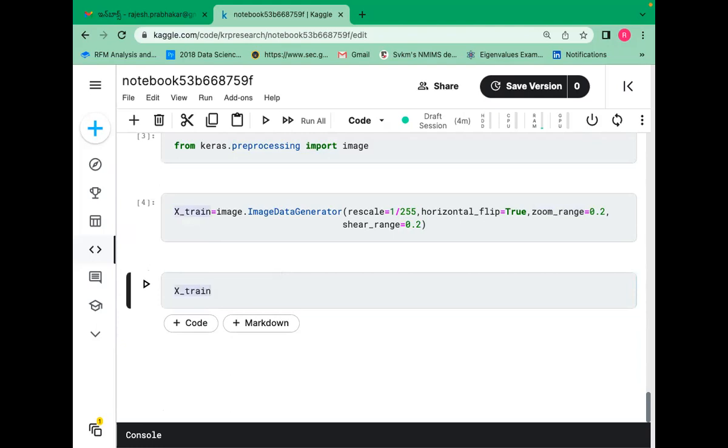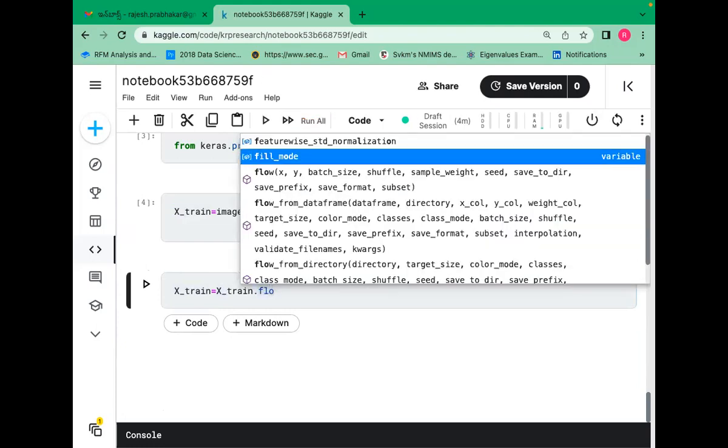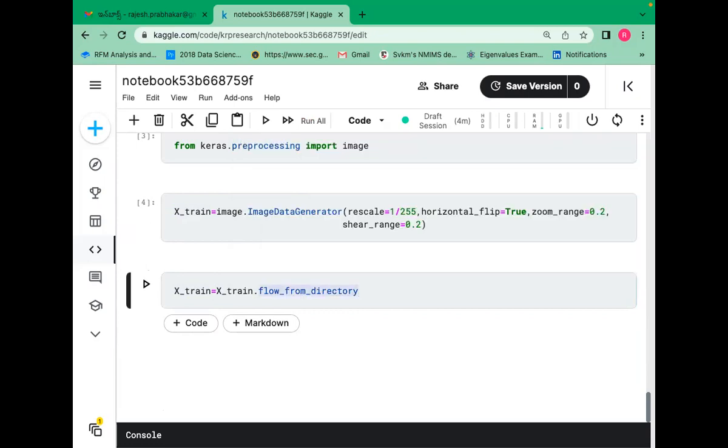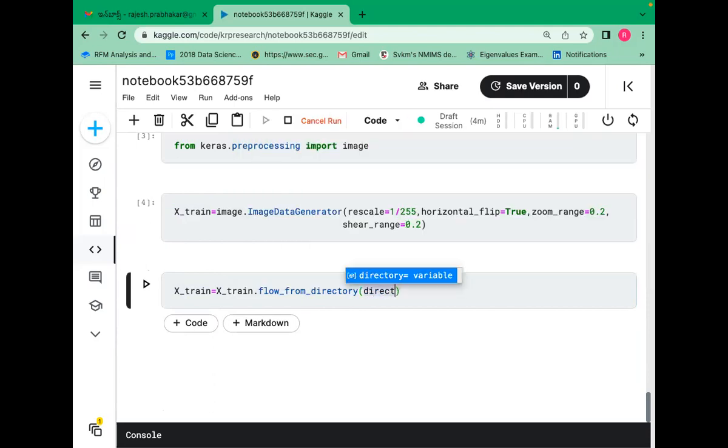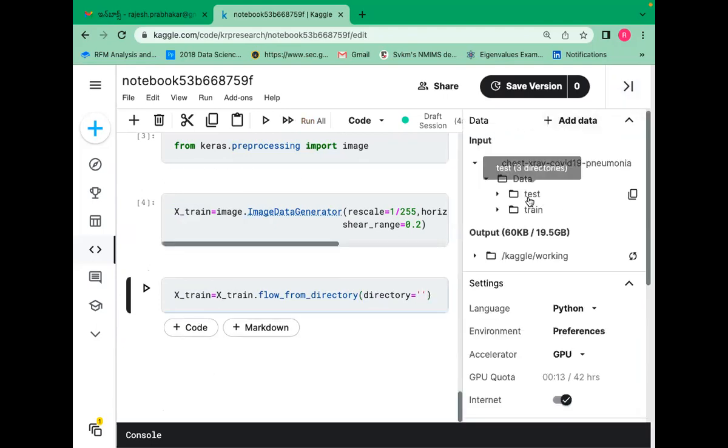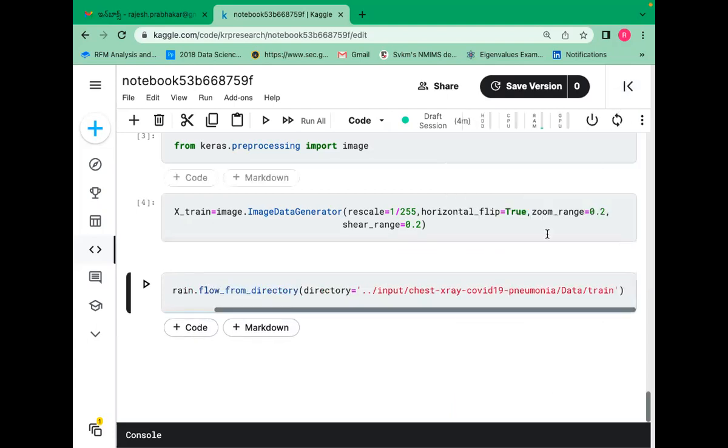X_train is equal to x_train.flow_from_directory, directory is equal to, single quotes or double quotes, go to the data folder, copy the file path of train data. Once you move your cursor onto the train, you can see the copy file path option. Click on this and in directory paste the copy file path, comma,